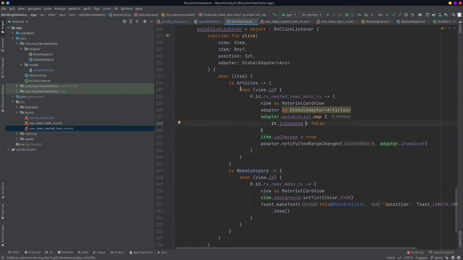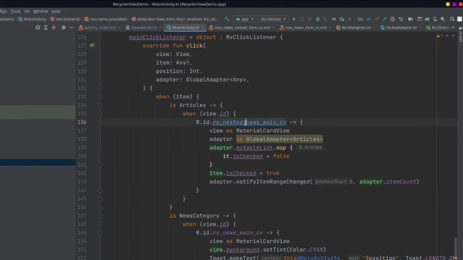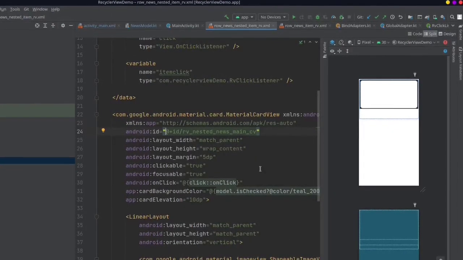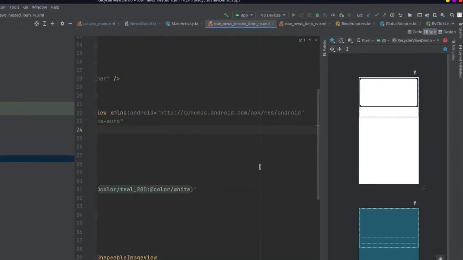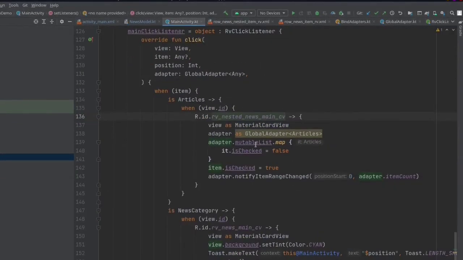And then I am checking for views, so there is another when condition for that. I want to know which view particularly got the click and triggered the click event. Based on that, if I want to do some operations or modifications, I can get the control here. So I will just check for different views. Currently I am setting up a click listener on only this view, which is my card view, and I am simply setting up the background like this. So this doesn't matter right now.